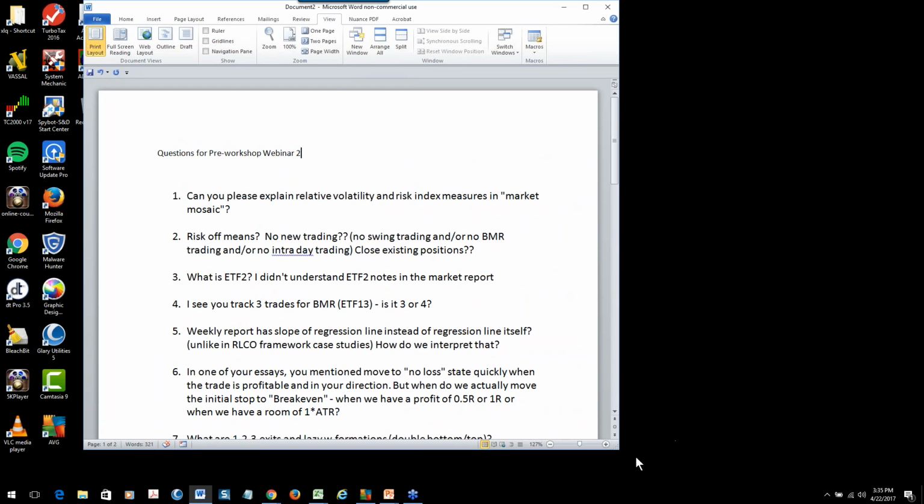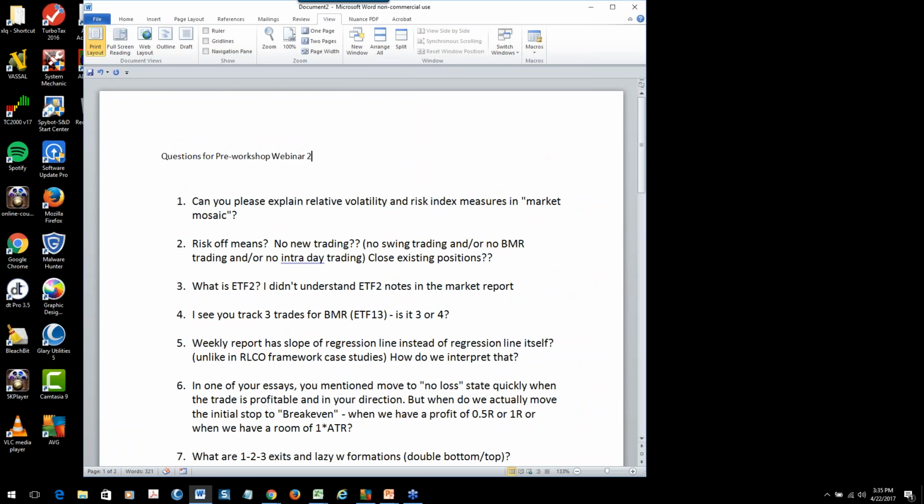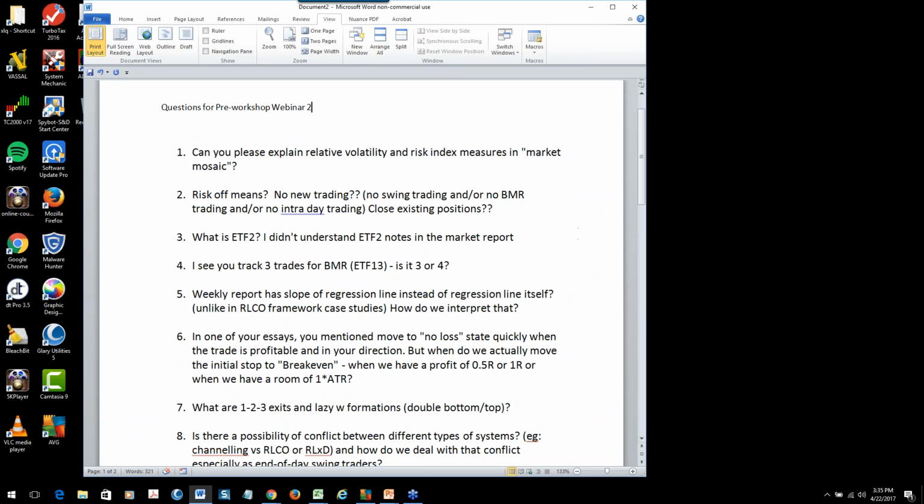That's our answer to question 1, and it really connects with question 2. That's what I mean about relative volatility and the risk index: how does volatility today, as measured by the risk index, compare on a relative basis to the historical volatility? And then the risk index